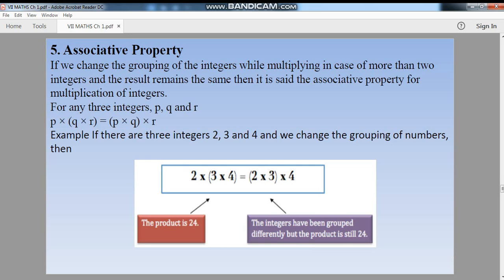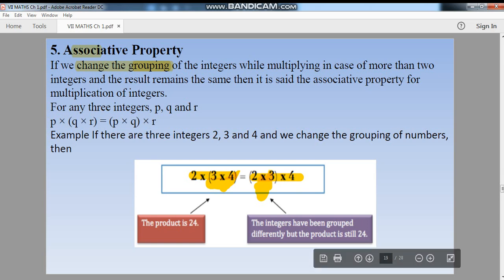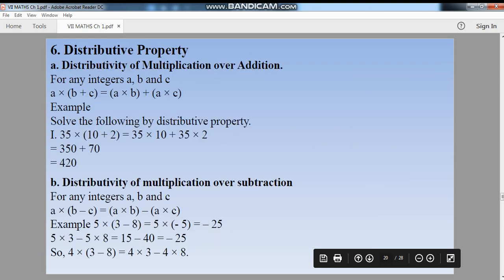Fifth one is the associative property. It means there is a grouping of numbers, and this grouping we have to change, and we have to see whether the answer which we are getting is the same or not. If the example is given 2 into 3 into 4, or 2 into 3 into 4, what they have done is they have just changed the groups. Over here in the first example it was a group of 3 into 4, while in the second part it is the group of 2 into 3, but the answer you will get will be the same, that is 24. So we can say that the associative property works very well in multiplication also.